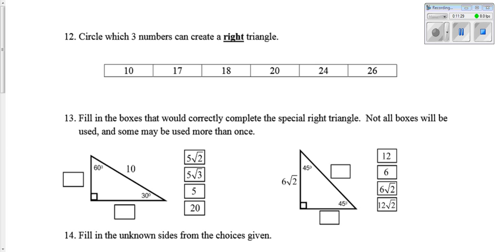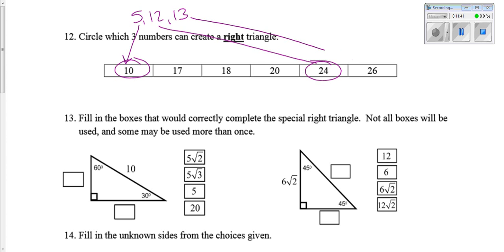Another special right triangle. We know 5, 12, 13 is one of our special rights. 5 times 2 gives me 10. 12 times 2 gives me 24. 13 times 2 gives me 26. Remember these Pythagorean triples. It'll make things